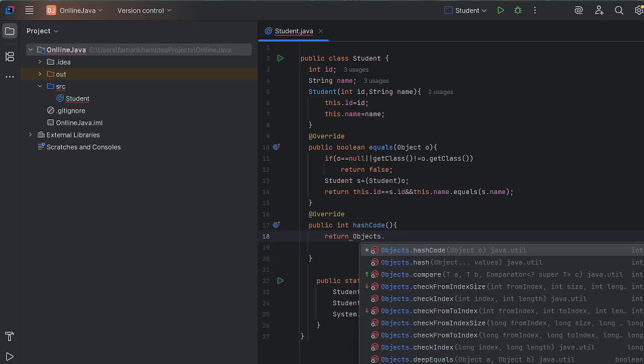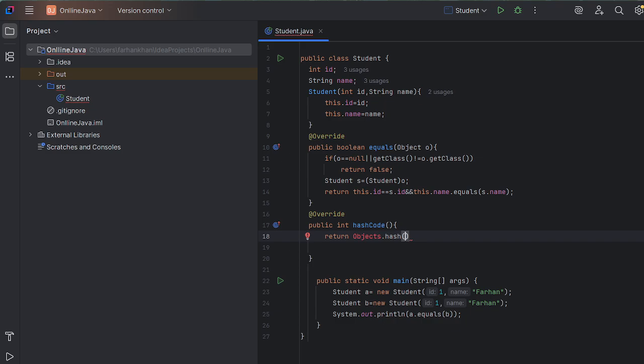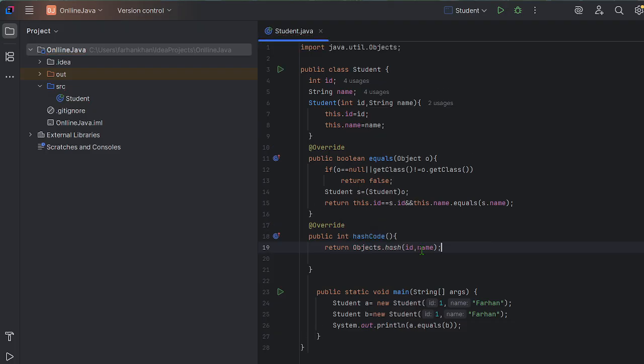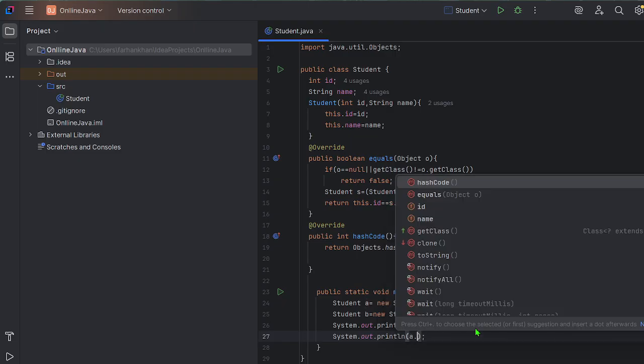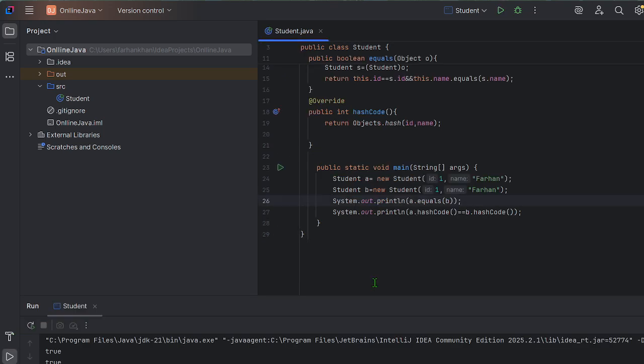So we have to call the utility method Objects.hash, taking the fields ID and name. We import the class. So now if we check a.hashCode, the hash code will be the same, so it will also return true.